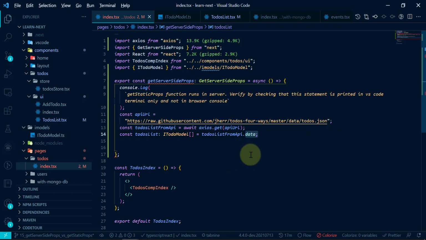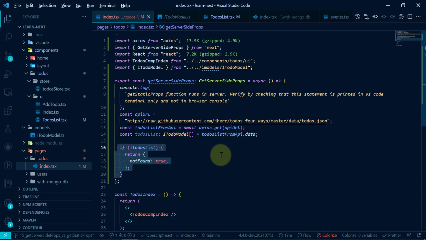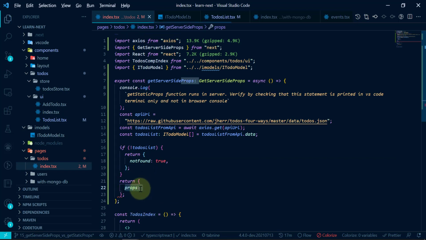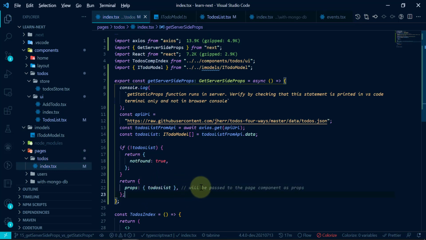This is very important, since we want to access data. Then we will check if we have our todo list or not. If we don't have any todo list, we will return notFound. If we have something, we will return props, and inside that props we will return our todoList.